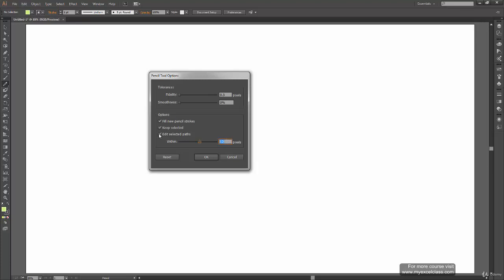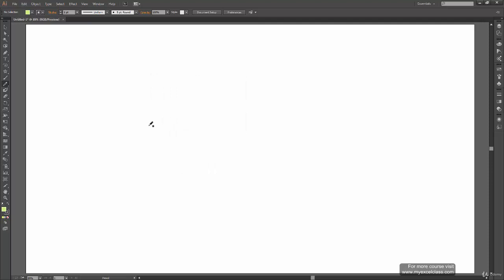We can turn it off by unchecking it, or we can check it. That's up to you. But I'm going to leave it selected right now because we are going to see how it makes changes. One thing to note is that when we check edit selected path, your path should be selected to make any changes. It doesn't make changes on an unselected path. So let's click OK right now.